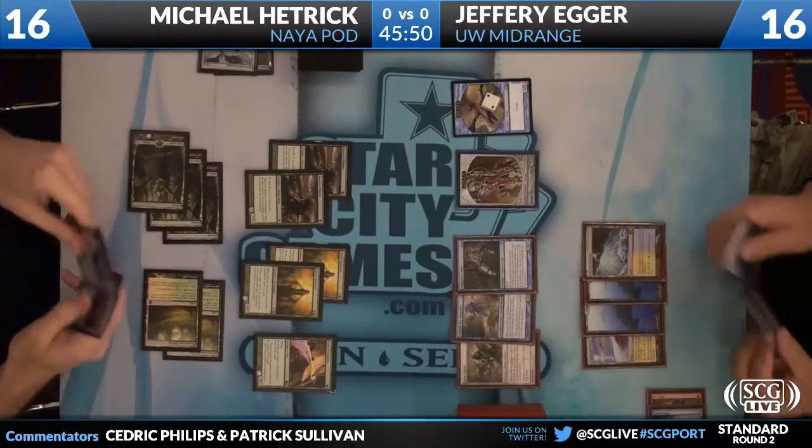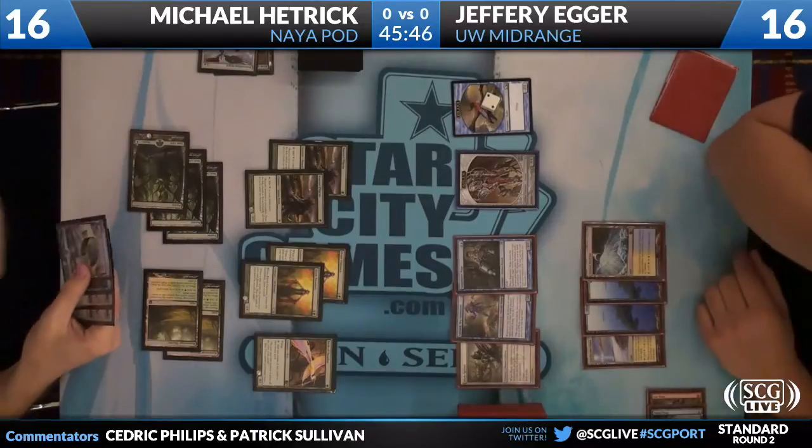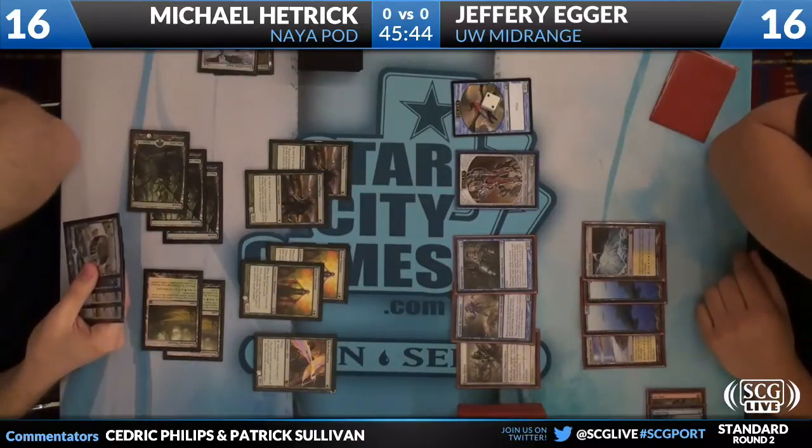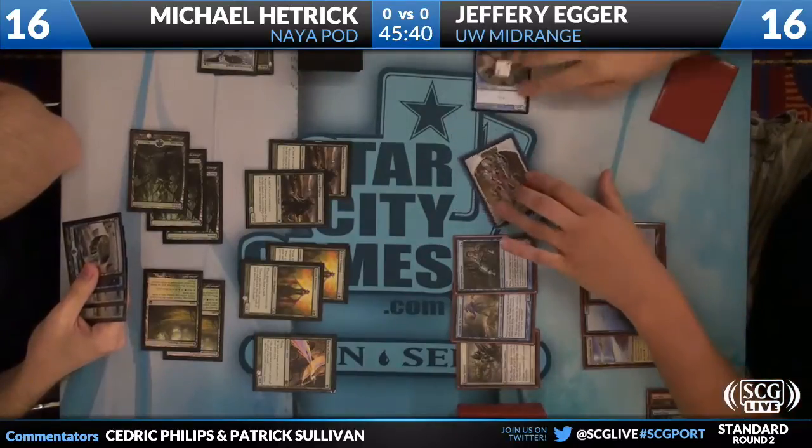Provided he has another Snapcaster for the Restoration Angel. 1, 2, 3, 4, 5, 6. 1, 2, 3, 4, 5, 6, 7. Well, he does have 8 mana now, so if it's a Snapcaster for Vapor Snag, he can bounce it and then Hetrick can replay it. So I